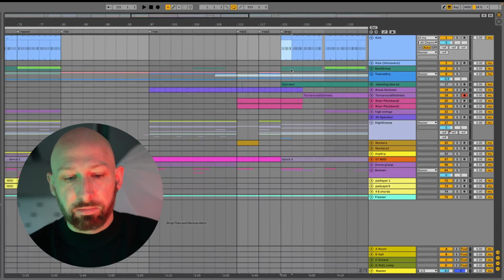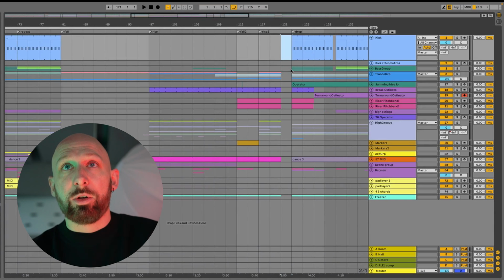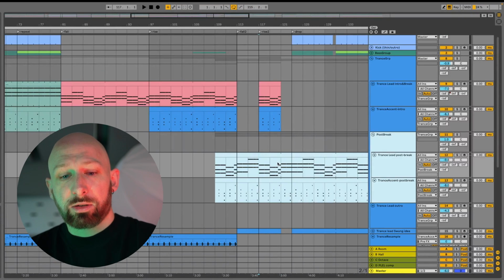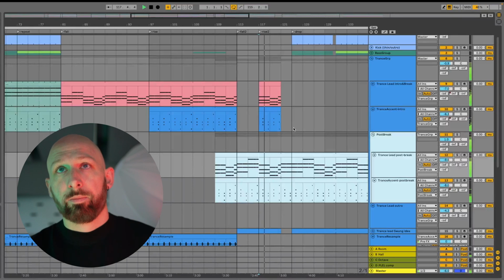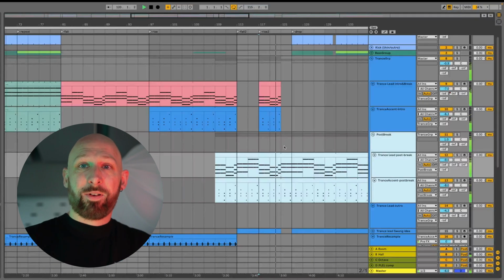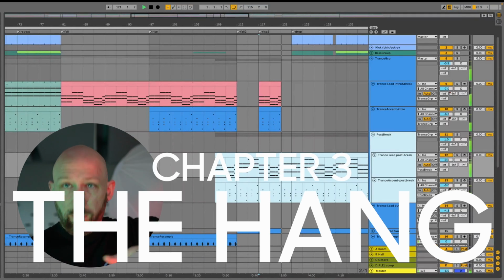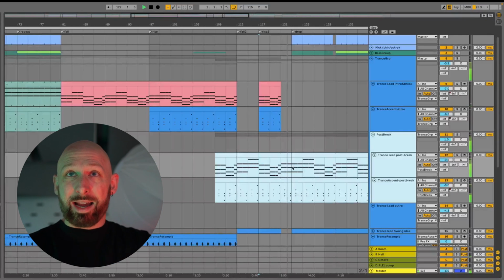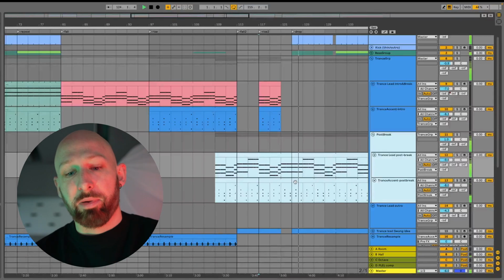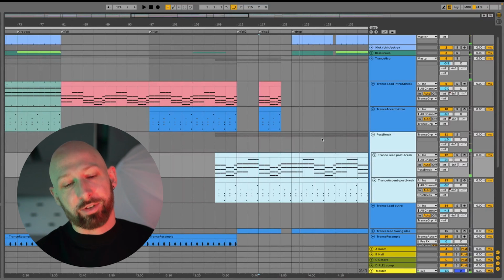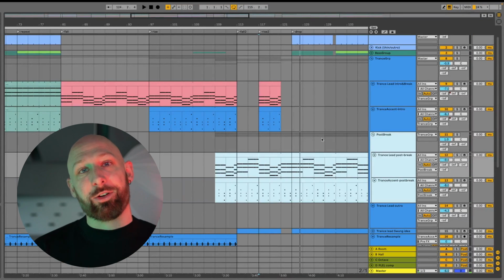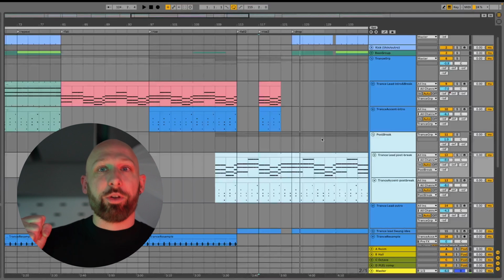You would select some time, you would press Command I, which would insert time, and then this would be the hang. And let me show you how that feels. 1, 2, 3, 4. And then you let them hang. And then you drop the beat. At festivals, this works incredibly well because, of course, everyone intuitively knows when the beat's going to drop, and then you just withhold it for a moment.